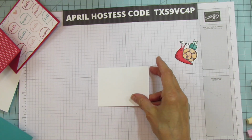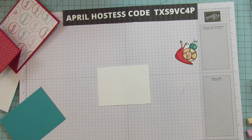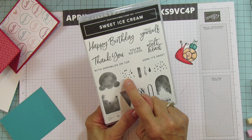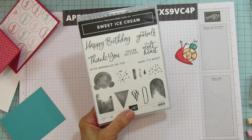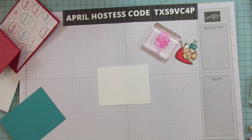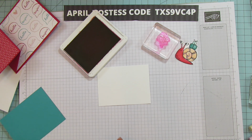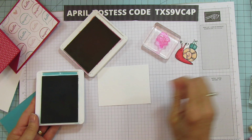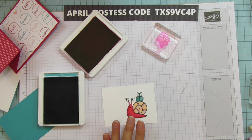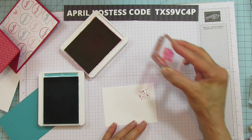And I'm going to grab my top piece that we're going to mat onto our Bermuda Bay. And I am using the Sweet Ice Cream, and I'm using these little sprinkles. I love these. I use it a lot because it kind of looks like confetti. So I am going to use Real Red, and I'm going to use Bermuda Bay. We're putting him on here like this, so we are going to use him as a little bit of a guide. And I am going to go with the real red first, and we are going to do just some little